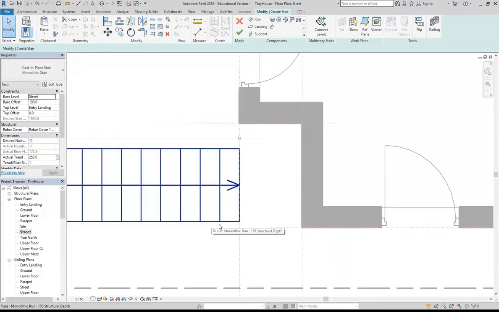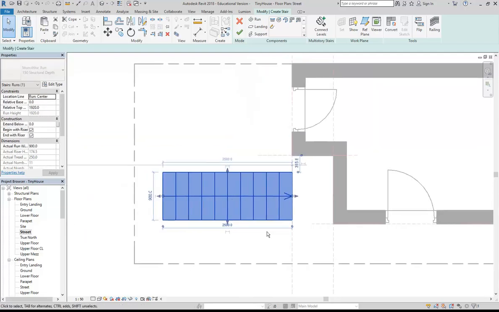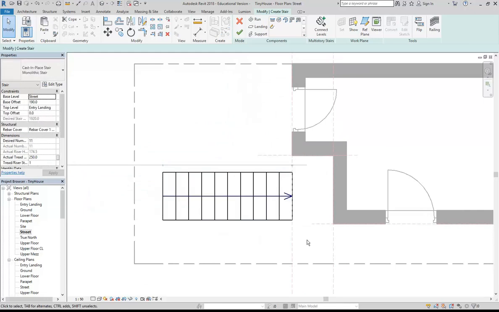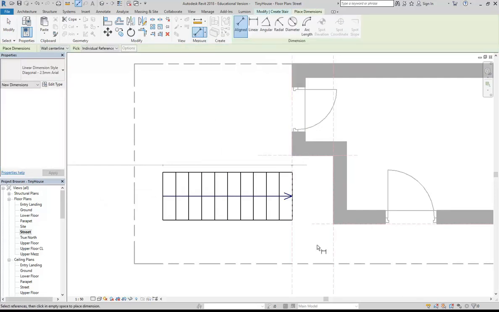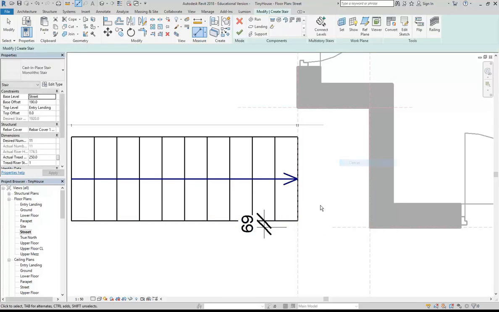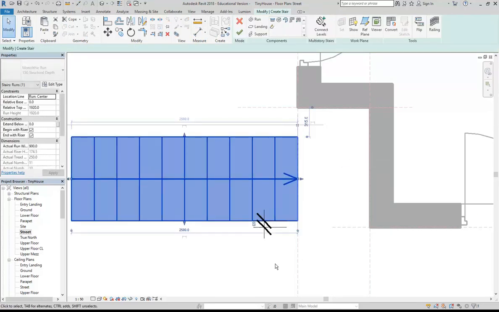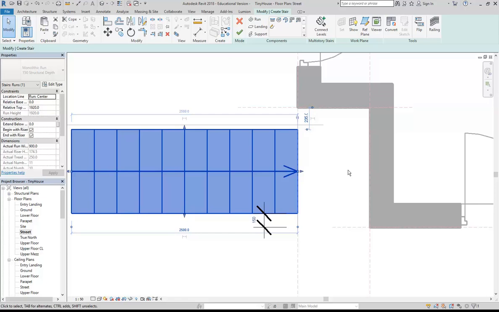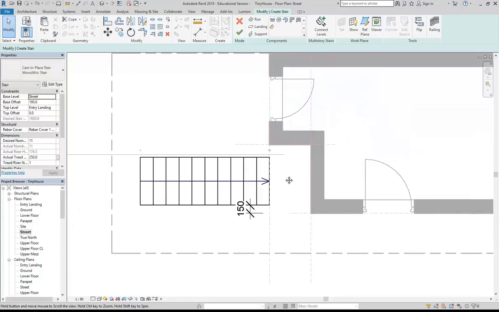Okay, so again, I want the edge of this stair to be 150 from the outside of this wall. When I select the stair, it's not giving me that measurement. So I'm going to draw a dimension, just using this align dimension tool. I'm going to choose the reference plane and then the edge of my stair, and then just place that dimension nearby. And again, cancel so I can select my stair and then change that dimension to 150, which simply moves the whole thing up. That'll do. So I'll finish the stair now,